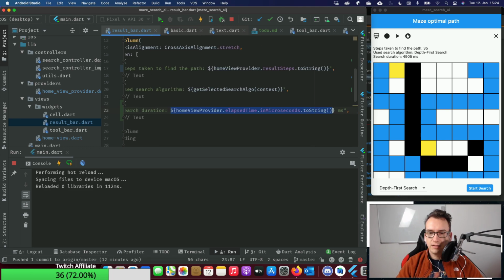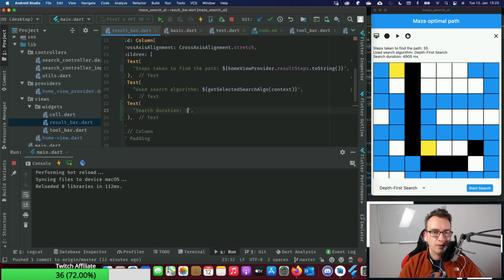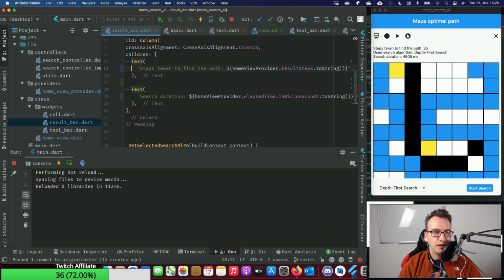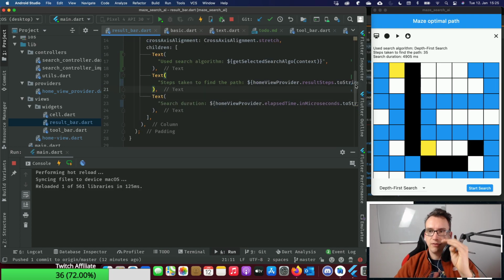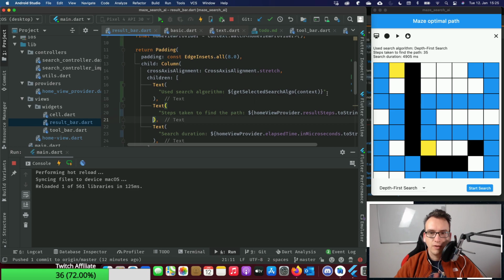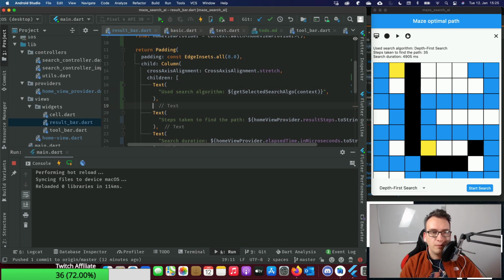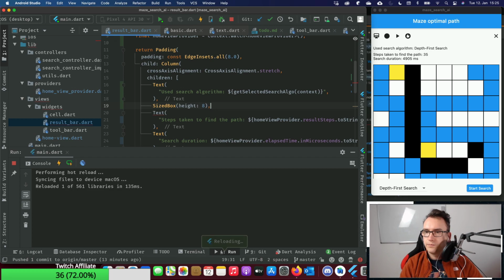Should we add this time with milliseconds behind the steps that we took so that we can have the timing there? But I think that's good. And I think what we can do is bring the first text here to the top so that it is clear: okay, we used this algorithm, it took that many steps, and so on and so forth. So then maybe here also a little bit of spacing. SizedBox of height, don't know, 8. So